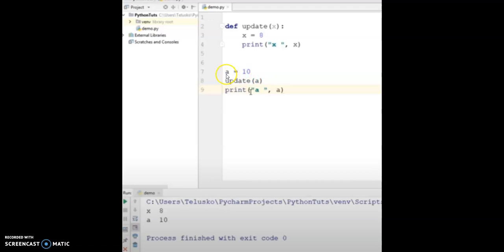That is, A contains the value of 10. I'm calling this function definition with the function name update.